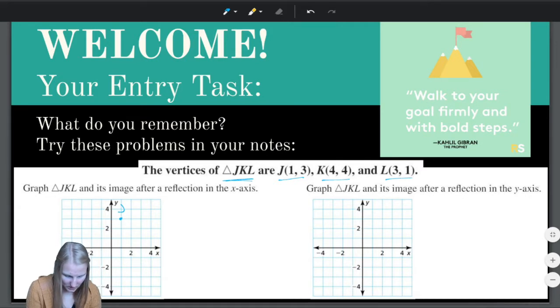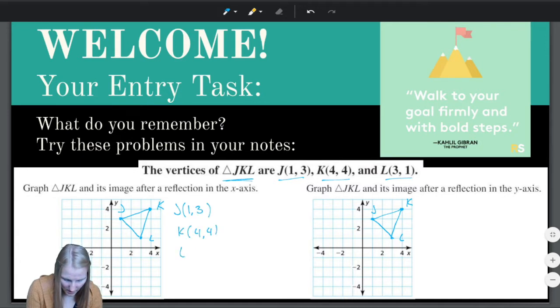So K is at 4, 4, and L is at 3, 1. Perfect. And let's do it over here too. We can save on some time. K is at 4, 4, and L is at 3, 1. Okay. Perfect. So first, we have J,